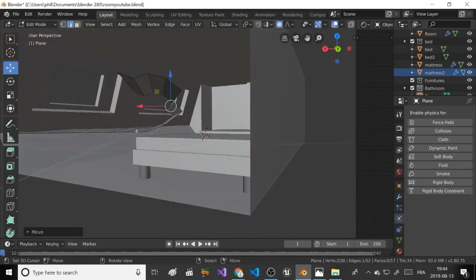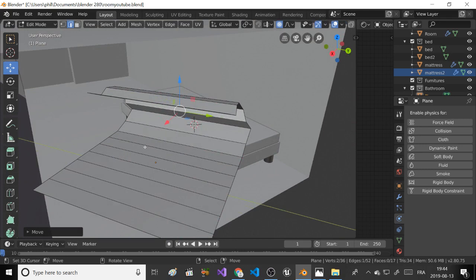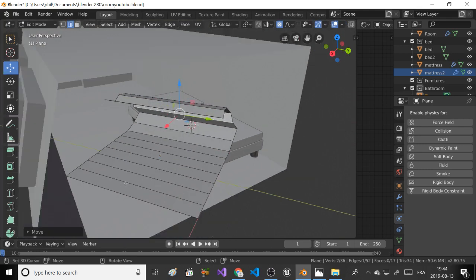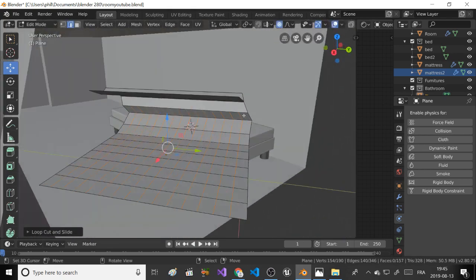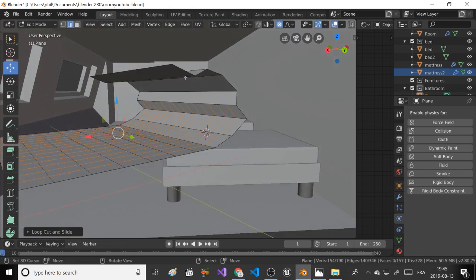So like it must be deformed like this, because if it's too natural, then after it will not look good when we solidify it, so that's why it must look a little bit natural. So now I must put a lot of loop cuts, especially near the edges, because